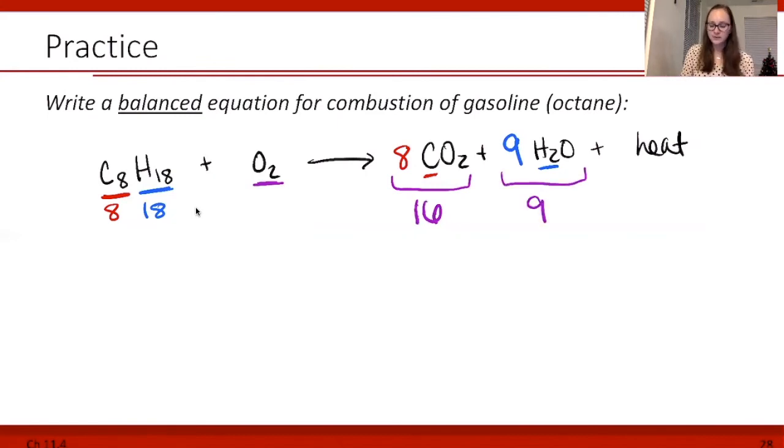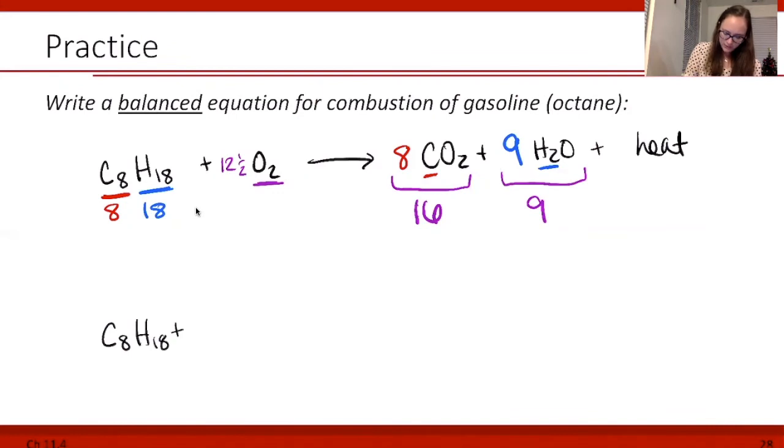Uh-oh. That means we have 25 oxygens, which is not a good number for us because that means we need 12 and a half oxygens to balance our chemical equation. So that just means that we have to rewrite this. Let's multiply every coefficient by 2 so that we don't have any non-integers in our chemical equation. So we have